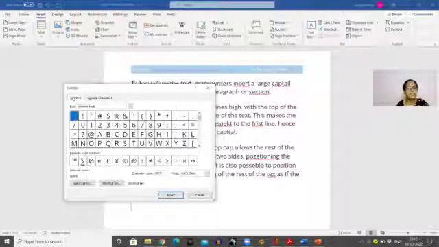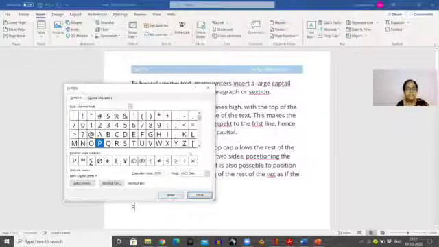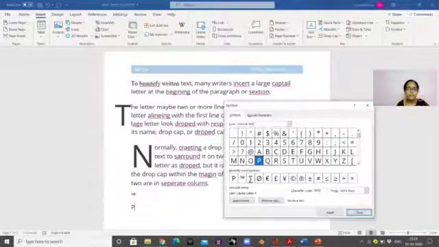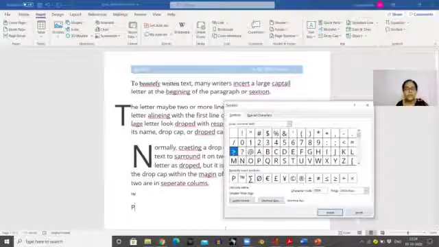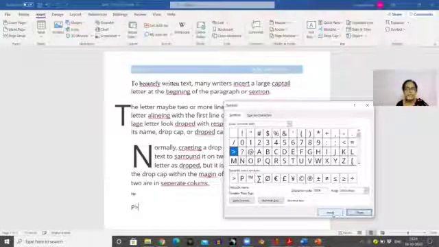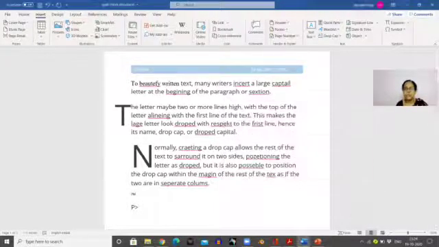So these are the symbols. You press the character and say insert. See, P is inserting. Can you see? I want the symbol of greater than. Just click on that symbol and say insert. Now when you want to close the symbol option, just click the close button.